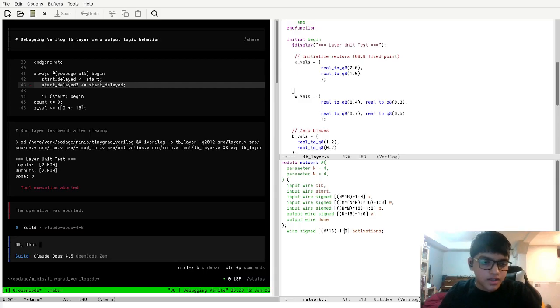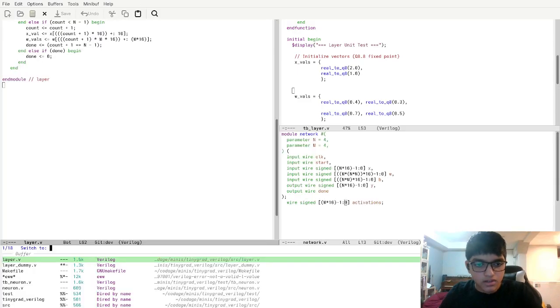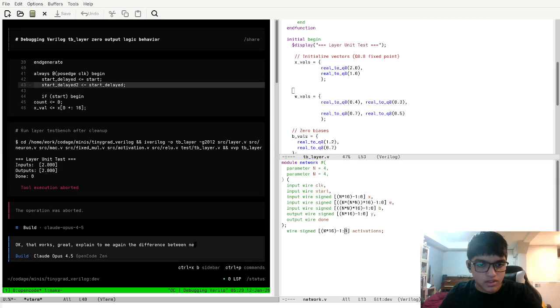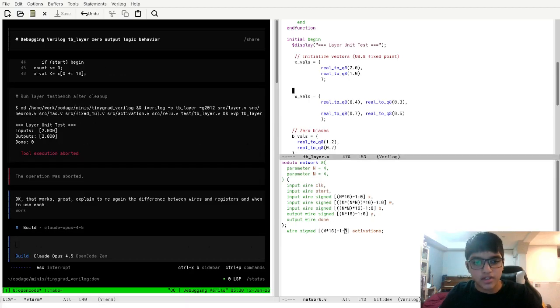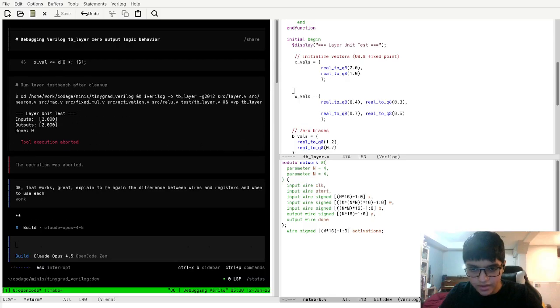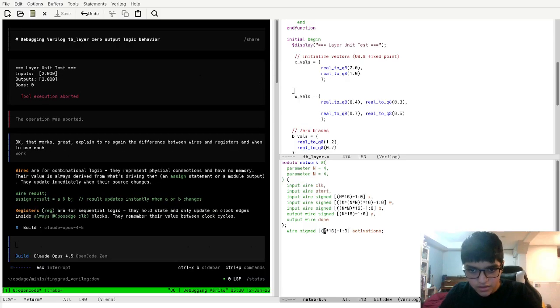Okay, that works great. Explain to me again the difference between wires and registers, and when to use each. So this will just be